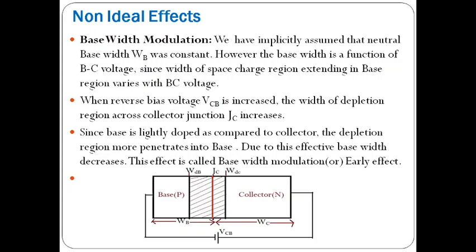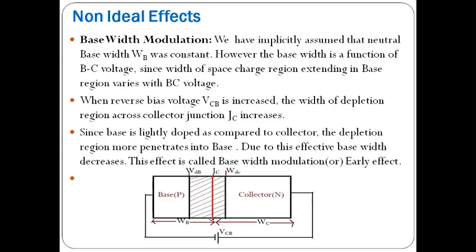If any of these ideal conditions are not present, then how will the transistor properties deviate from the ideal characteristics? In the previous discussion we assumed ideal characteristics. If they are not ideal, how will the characteristics of the BJT vary? First we will discuss base width modulation. In the previous discussion we assumed the width of the base is always constant.